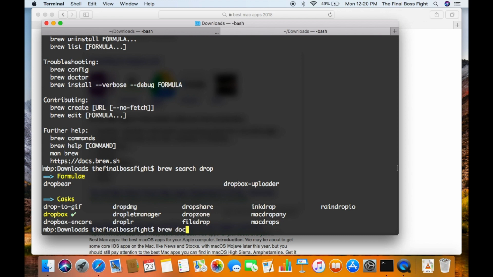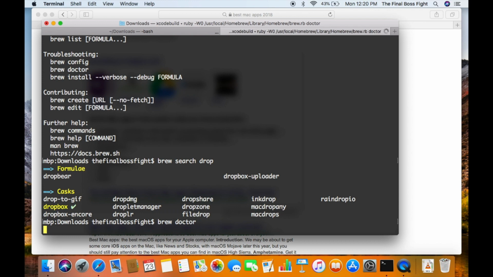Now there are certain things that you can do. You can do brew doctor to check and see if you have any issues with your brew installations. You can make your own packages, which you're not going to do now because I still don't know how to do that. Maybe I'm going to figure that out in the future. I guess that's going to be helpful if you're an app developer or something, where you can go ahead and make your own brew